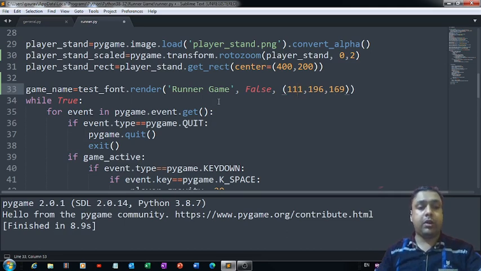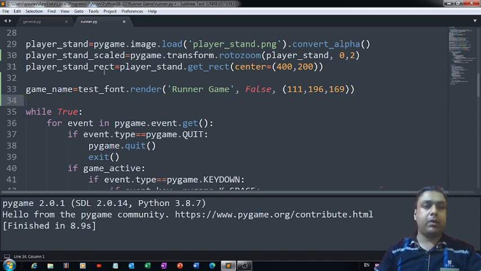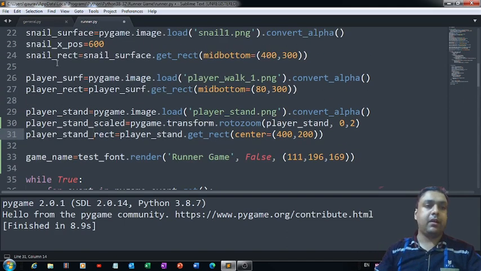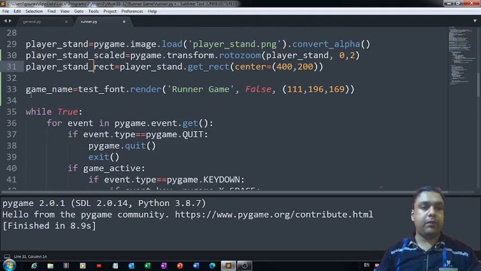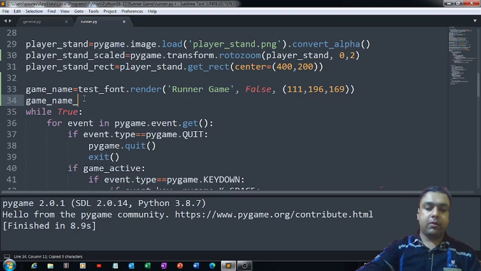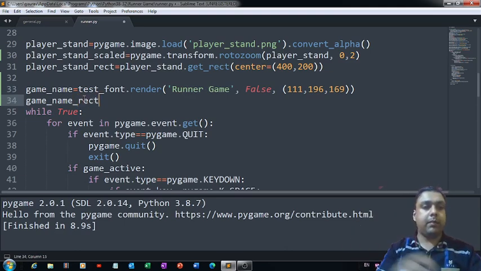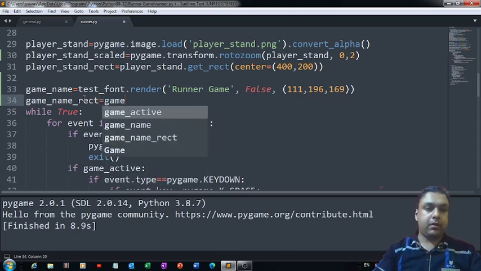Now, how shall we bring the text on the window? We use the rectangle concept, the way we use rectangle for the stand, the way we use rectangle for all the other things in order to bring them on the display window. In the same way, we use the rectangle concept here also for getting this thing reflected on the display window. So let's use that: game underscore name underscore rect. We can then call the